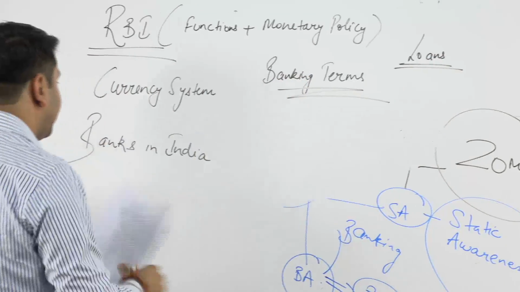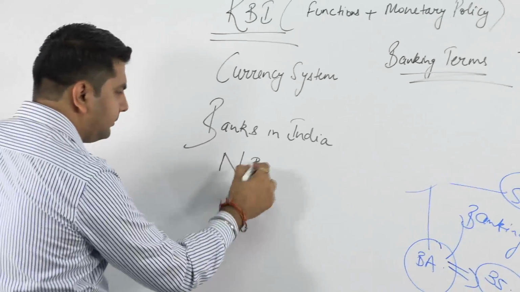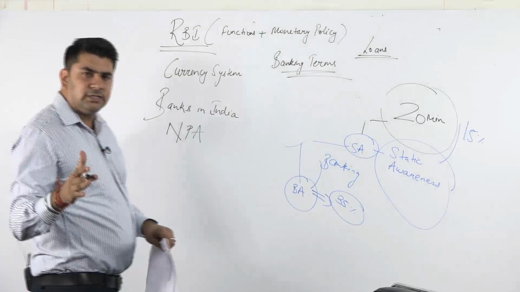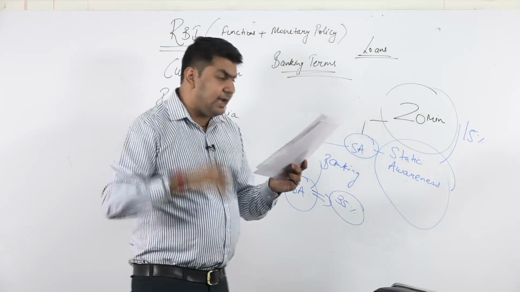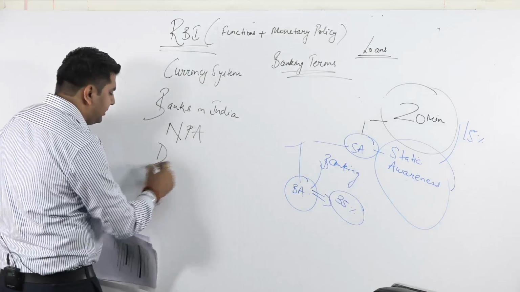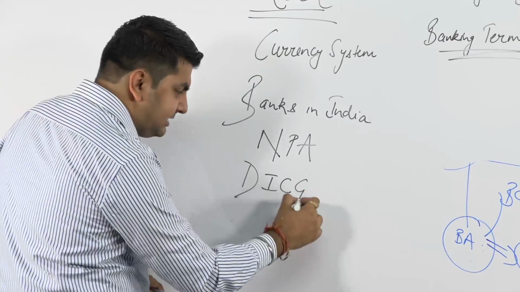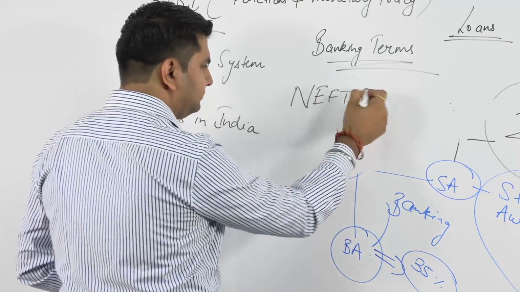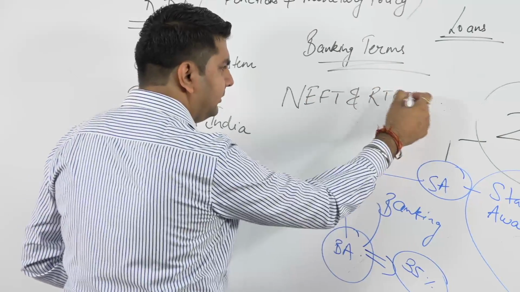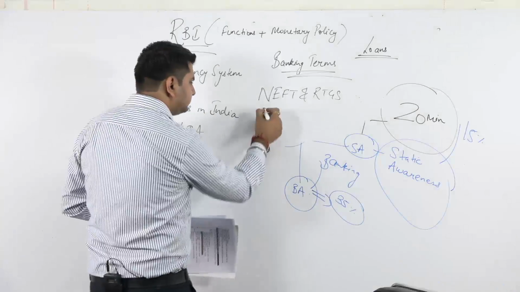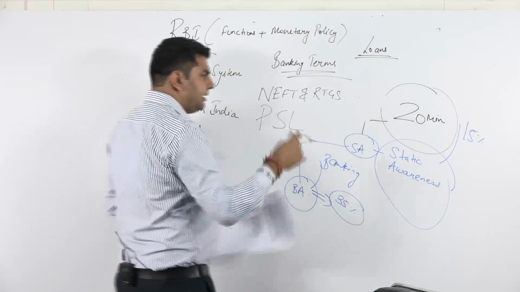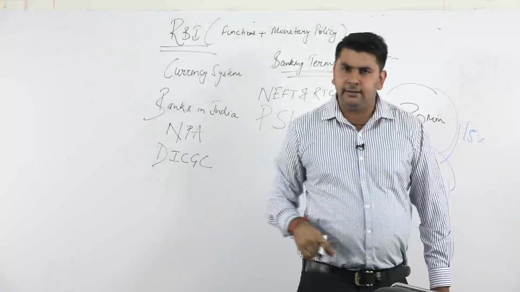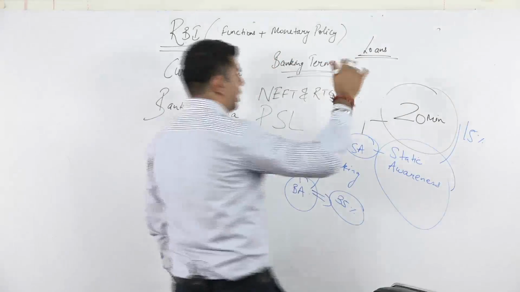Then the next topic is NPA, which is non-performing assets. If we talk about the next topic, then we have DICGC, then NEFT and RTGS. Then we have PSL, which is priority sector lending. Then we have the most important topic after RBI,